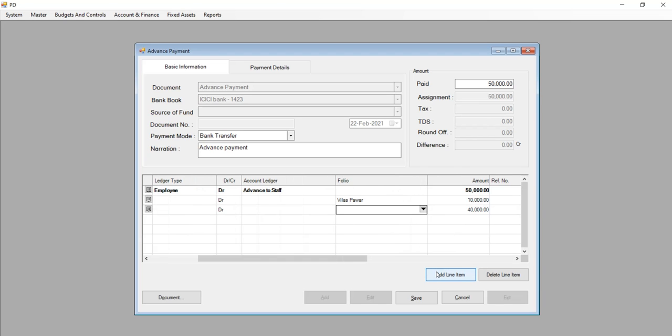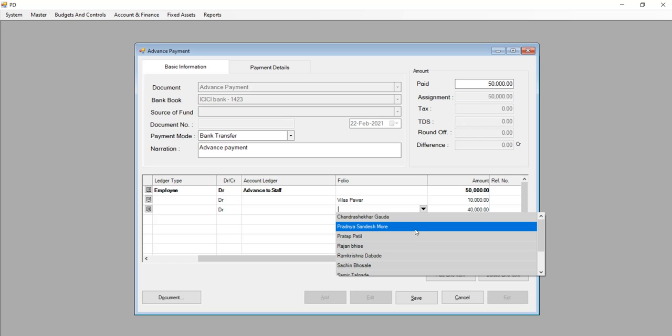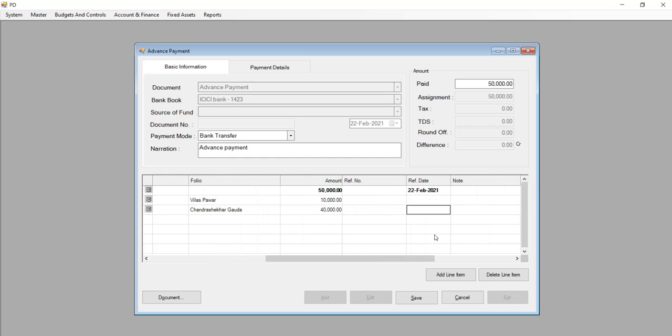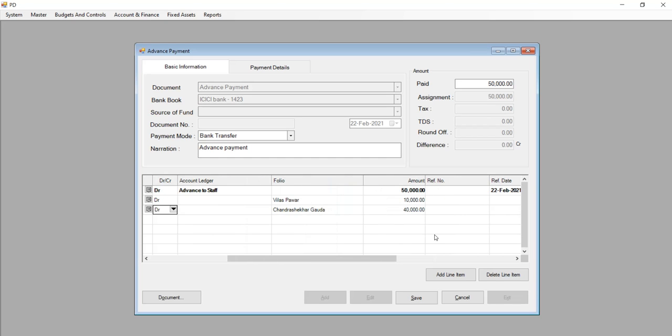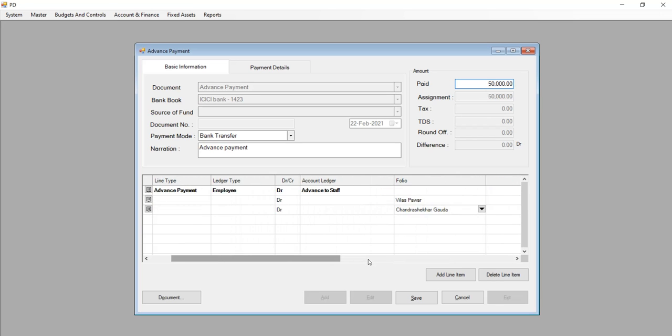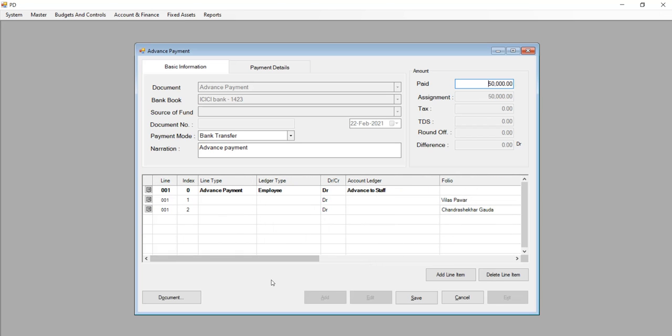Then again click on Add Line Item, select another employee, let's say Chandrasekhar Gowda, and advance pay to him 40,000. So entry is created for this. Then double click on paid column again. Now our entry is done.